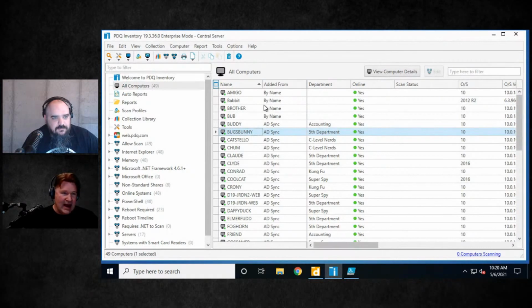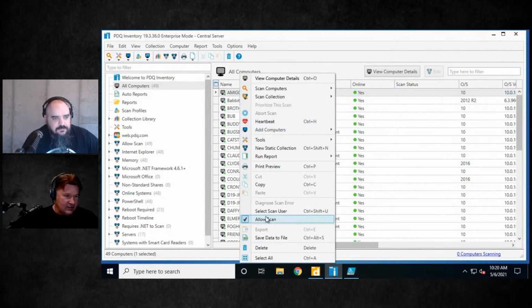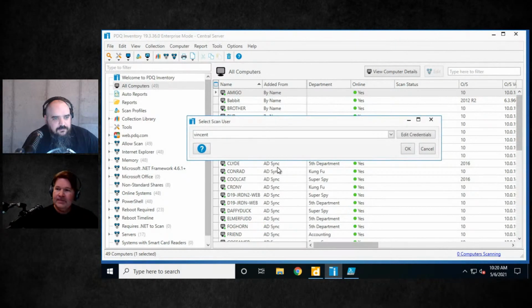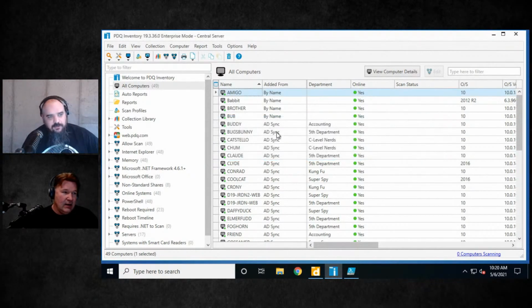Now, hey, check that out. Because I added these by name, if you right-click on this and go to Scan User, this one is not seen as a machine that comes from AD. That shouldn't have mattered as long as it exists in AD. Should I run it again? Well, it's worth looking into because what my script does is it queries AD. So if Amigo and Babbitt are in AD, it should have found them. It finds the department attribute and adds that to import over. So unless the name is different somehow, where the import failed, that should have worked.